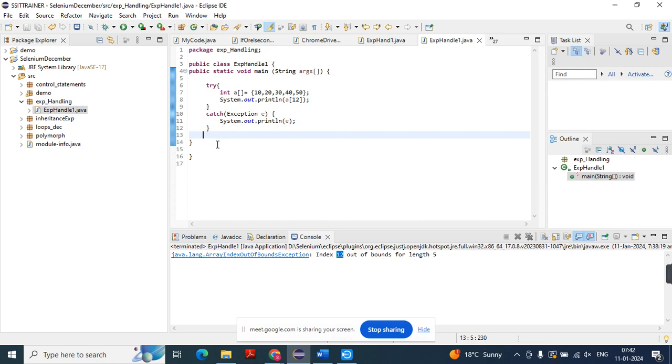फाइनली मतलब, अब देखिए आप इंडिविजुअल सेंटेंस टाइप करोगे तो इट विल नॉट आइडेंटिफाई कि वो एक पर्टिकुलर एक्शन परफॉर्म कर रहा है। इंट ए इज इक्वल टू 2 एक इंडिविजुअल लाइन है, इंट बी इज इक्वल टू 2 एक इंडिविजुअल लाइन है, और इंट सी इज इक्वल टू ए प्लस बी एक इंडिविजुअल लाइन है। बट ये सभी तीनों लाइन एक पर्टिकुलर एक्शन इंडिकेट कर रहा है, तो आपको इसको कैच ब्लॉक में, सॉरी, फाइनली ब्लॉक में डालना पड़ेगा। आई विल शो यू दैट ऑल्सो, ओके, डोंट गेट वरीड।